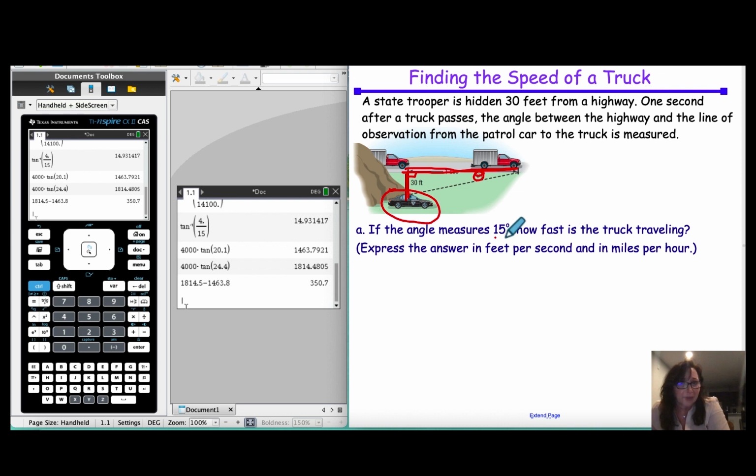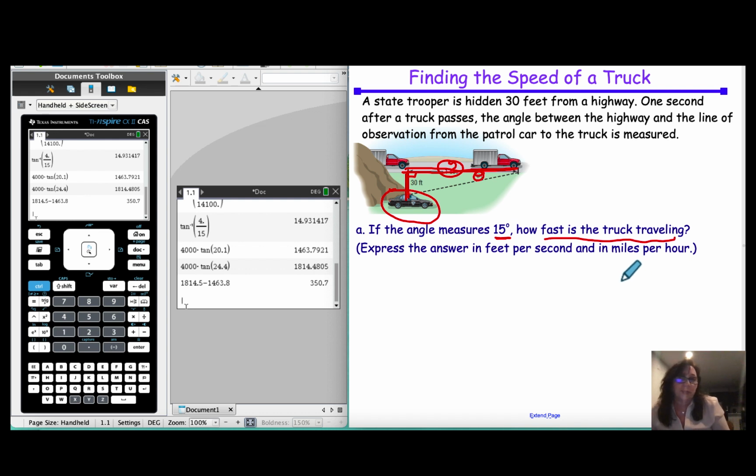Actually, I have that. It says right here, 15. But 1 second after the truck passes, the angle between the highway and the line of observation is measured. So what I want to know is how fast is the truck traveling? Now, I just know that this is 1 second, but we want our answer in feet per second, check, and